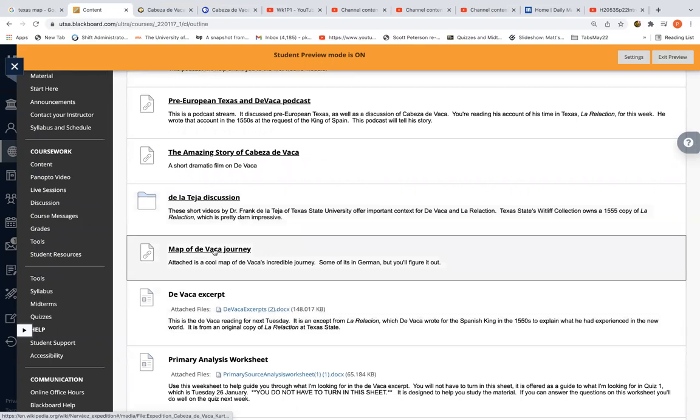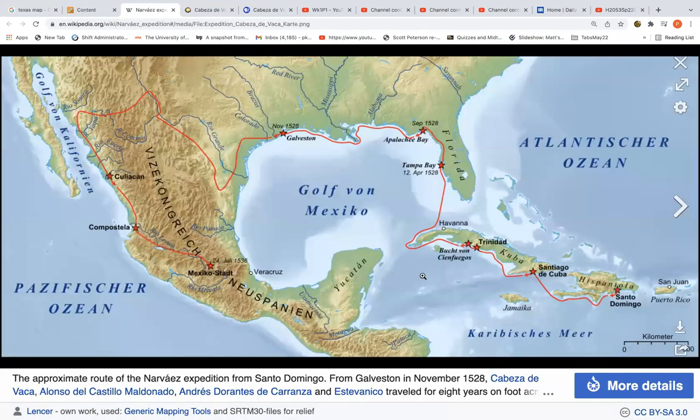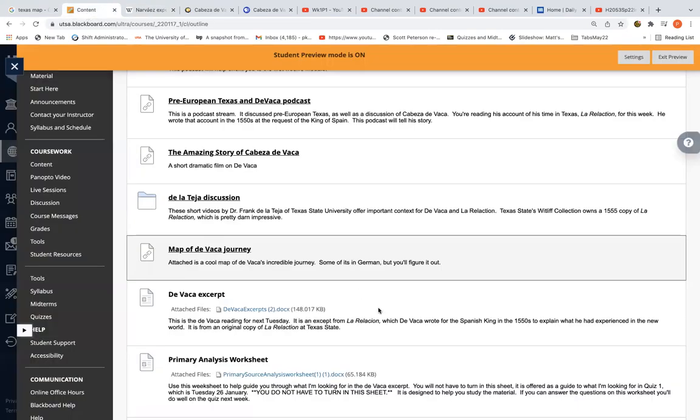Here's a map of the de Vaca journey, which you may want to look at first. It just gives you a sense of the space in terms of where de Vaca was. Maps really are helpful in this course. So I would go ahead and take a look at the map. This story starts in Cuba and it ends up in Mexico City via Baja California. It's an incredible story. So go ahead and take a look at the map. And then importantly,